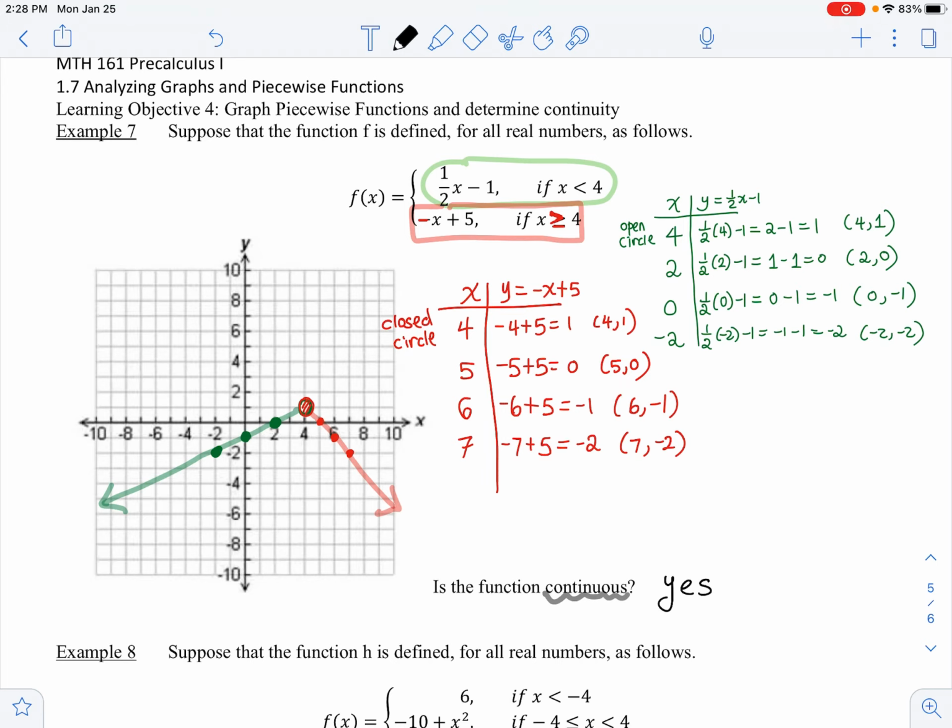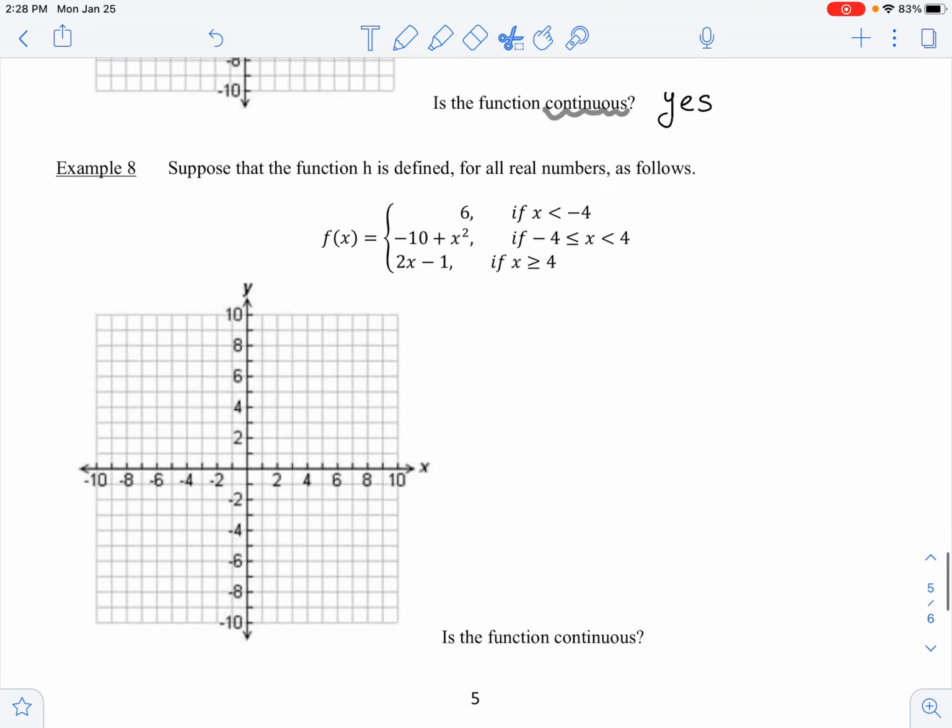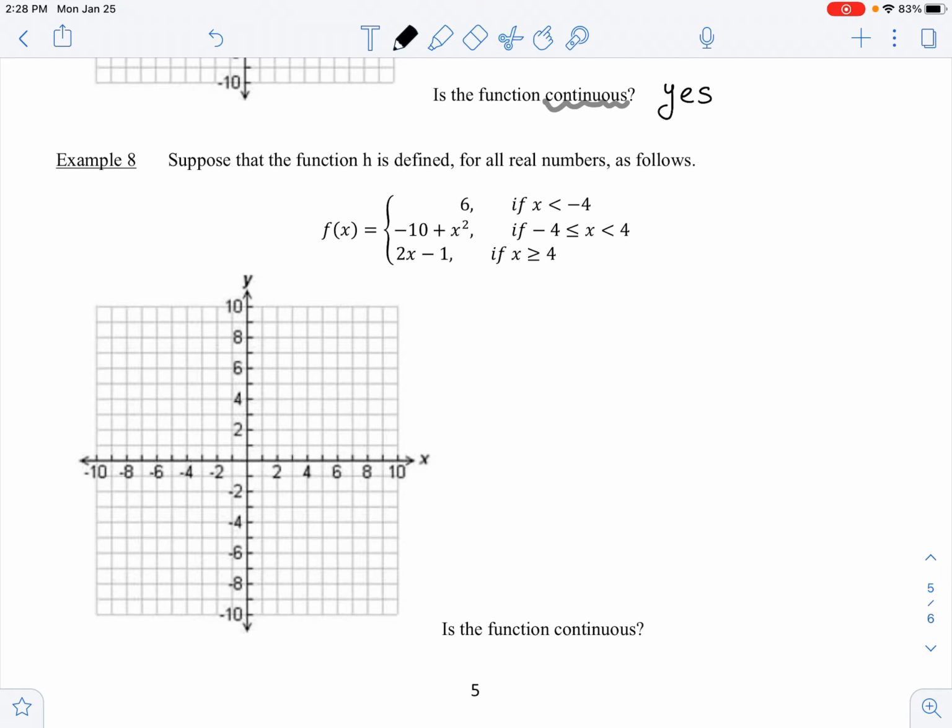All right, let's do the last one. I'll just fix this later. All right, suppose that the function h is defined. Typo right here, change this guy's name to h for me. Let's call this guy h. For all real numbers as follows. The first piece, I'll do one at a time. It says